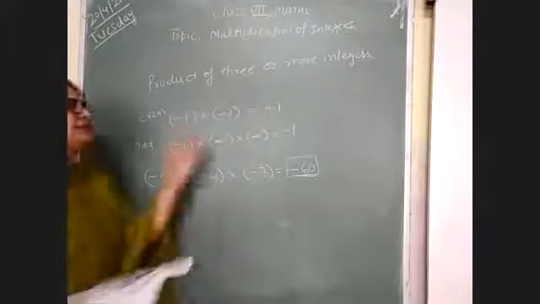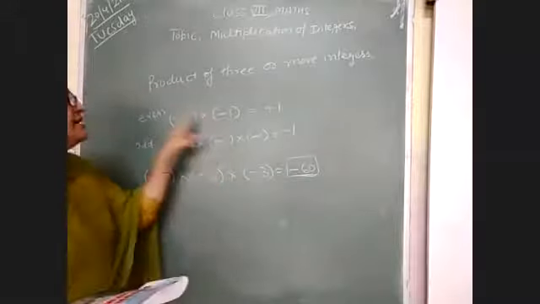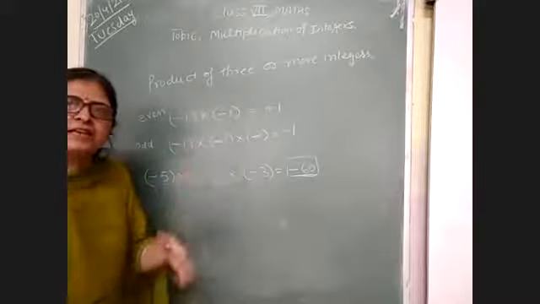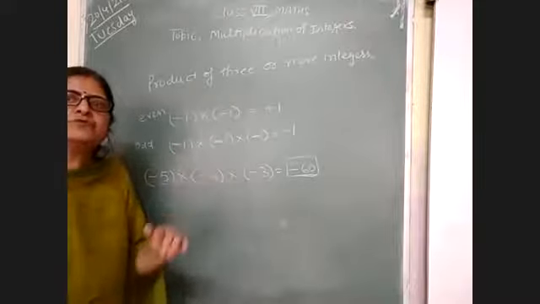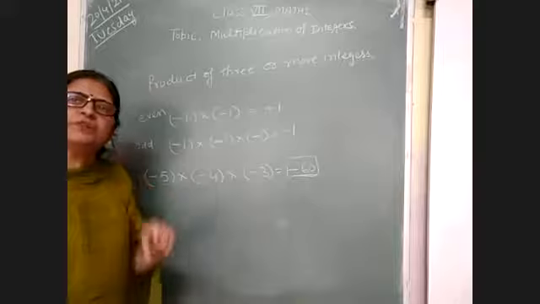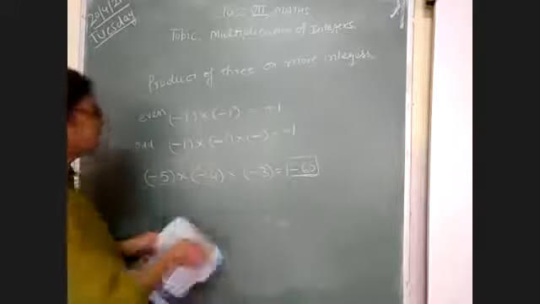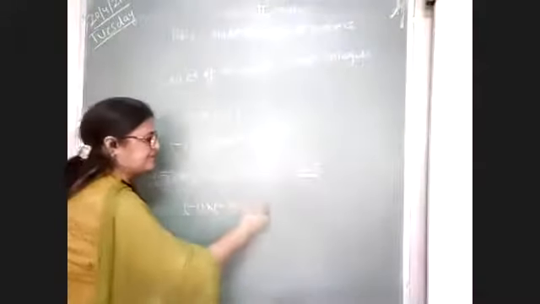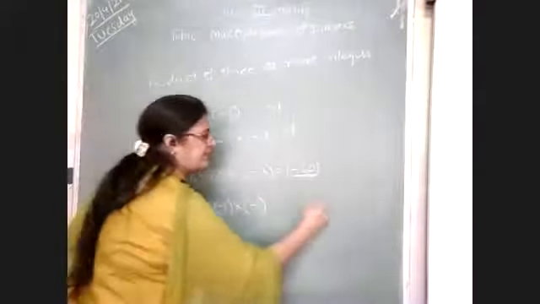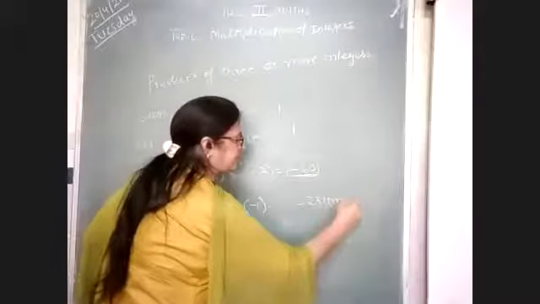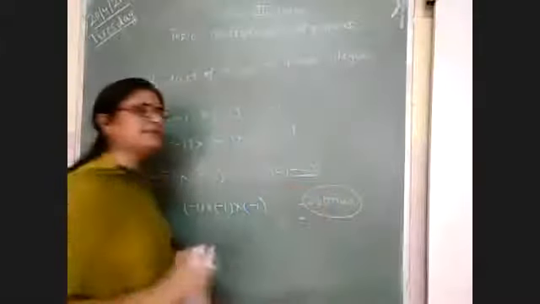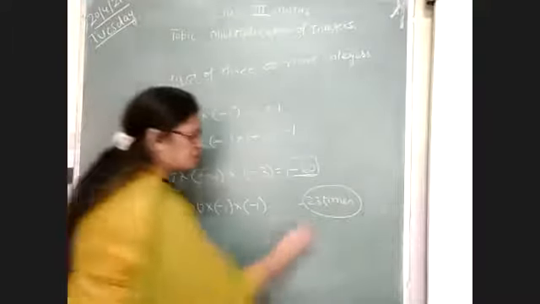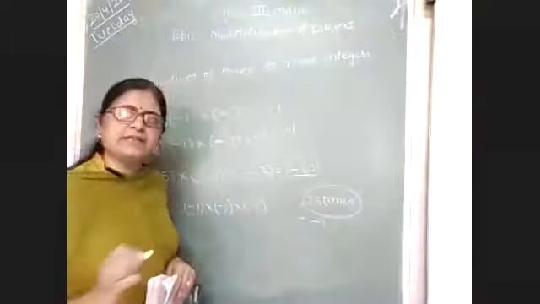For example, minus is given so many times, here 2 or 3 times. When it is 100 times, 150 times, then you have to see whether this is an odd number or an even number. For example, minus is given 23 times. You have to multiply. So you see this 23 is an odd number. So the result is also minus 1.